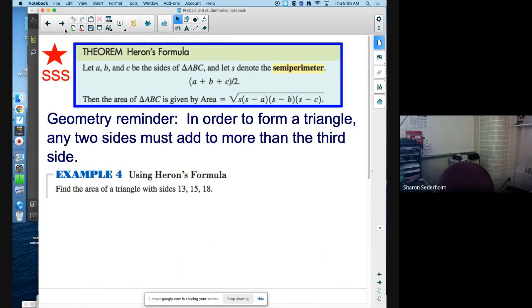Big reminder from geometry is, in order to form a triangle, any 2 sides of the triangle have to add to more than the 3rd side. That is an absolute must. So in geometry, they would give you 3 sides and they would just ask, can you form a triangle from these sides? We've been through that already, talking about the ambiguous case with side-side angle. But one of the big reminders when you're using Heron's formula is any 2 sides have to add to more than the 3rd side. So if they were to give us this set of sides